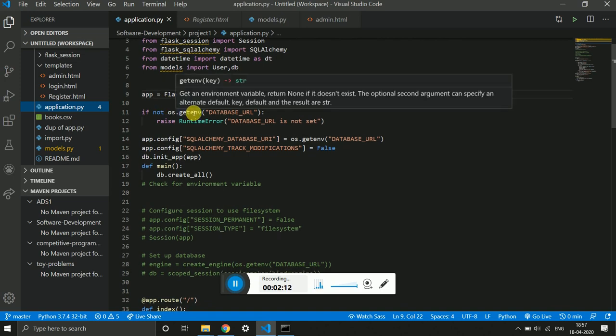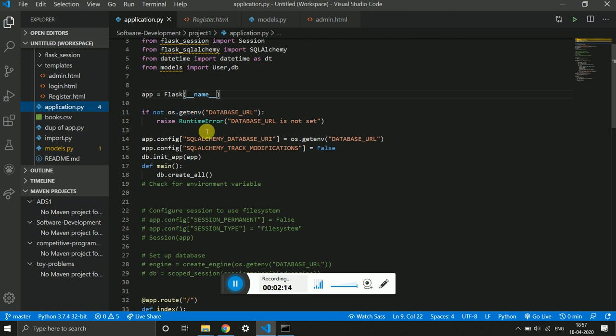Later on, I check whether the database URL is set, or else it should raise a runtime error. After that, I configure the SQL Alchemy database URI to the URL that I have set on my local machine.